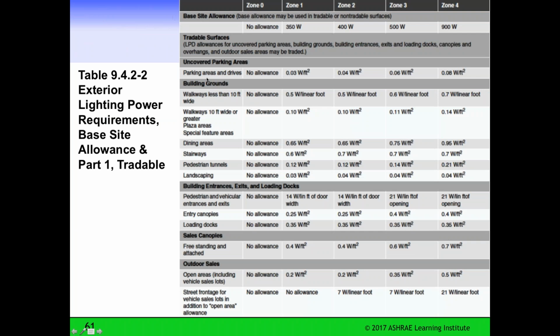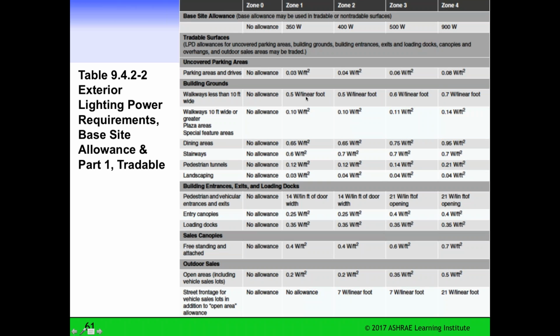And you would have, for example, in this table, walkways less than 10 feet wide, walkways 10 feet wide or greater, plaza areas, landscaping areas, parking areas and drives, entry canopies, loading docks, sales canopies, outdoor sales areas, all these different types. Depending upon the zone, if you're in Yosemite, undeveloped areas, there's no allowance anywhere for any outdoor lighting.